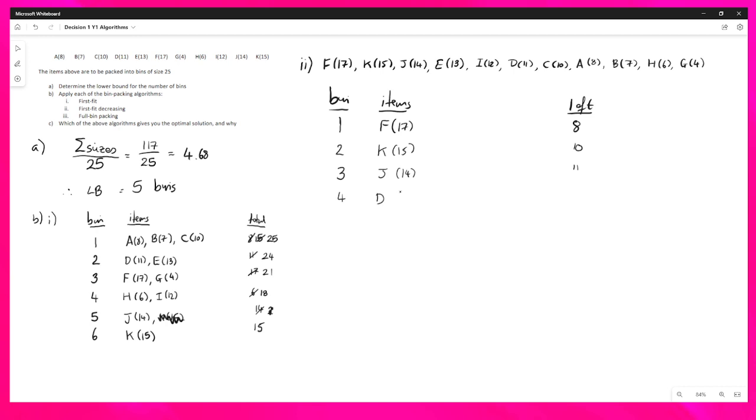Okay, so we've got I, which is 12. I forgot E as well. E 13, there we go. So we've got space for 12 left. And now we can see, well, I